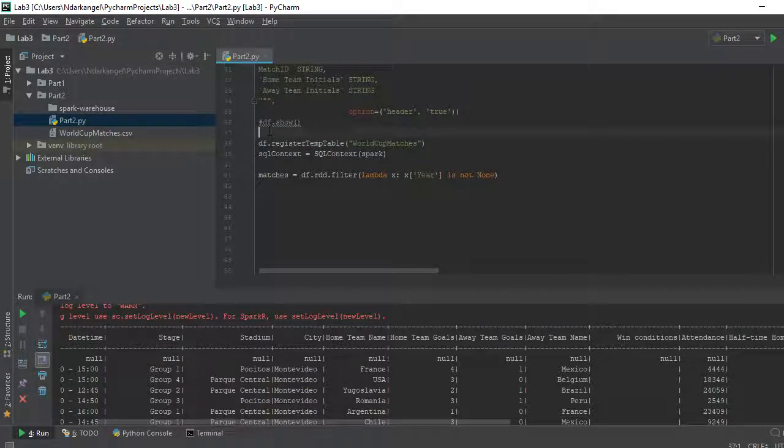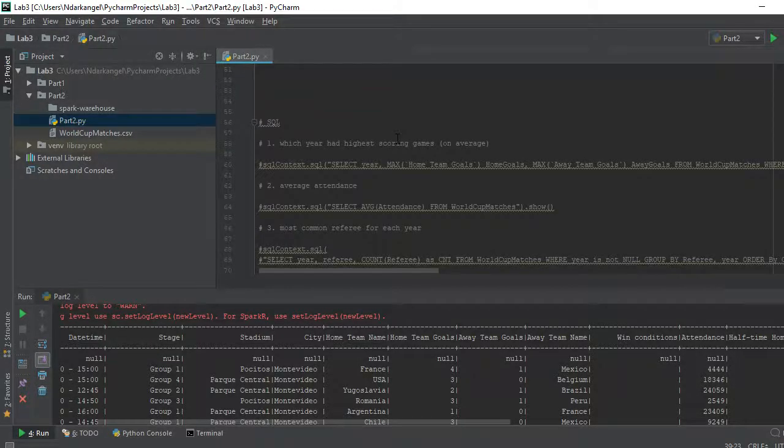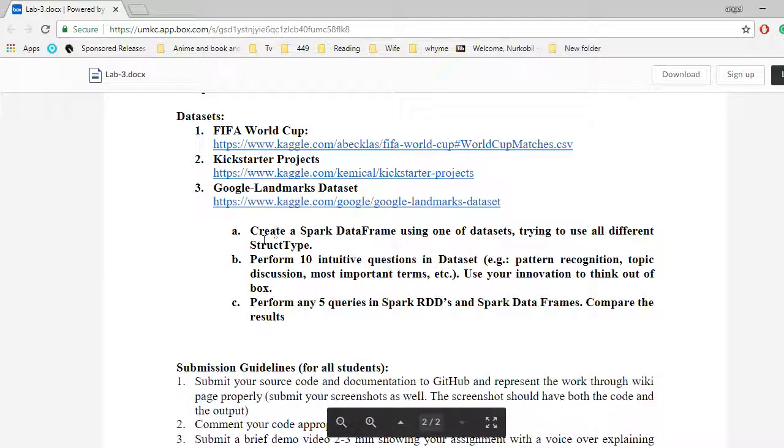And then here we create the SQL, for using SQL. So we create a temporary table called World Cup matches, and then this is accessing this table. Okay, so we're done with this. So second part we had to